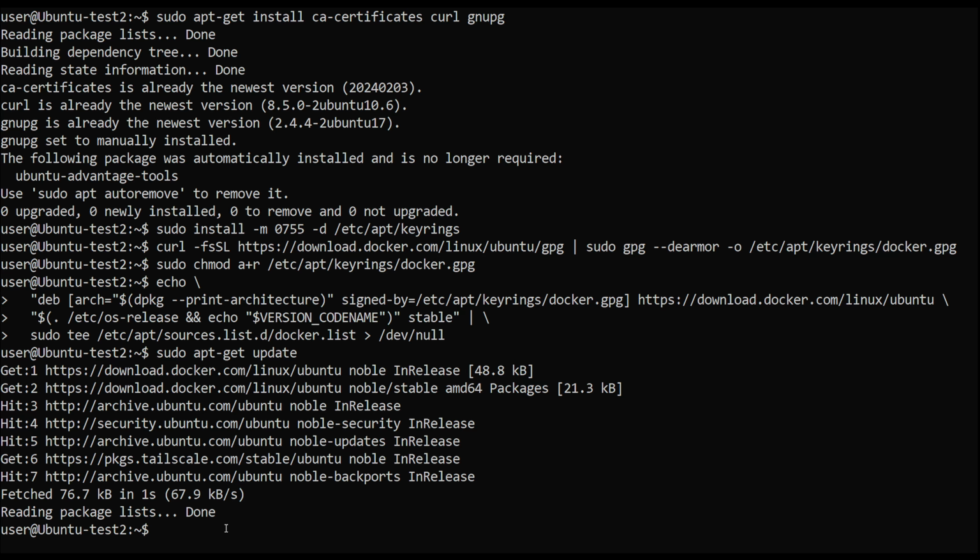This will add the official Docker source repository to the sources and will ensure the installation of official Docker, Docker Compose and the respective dependencies.